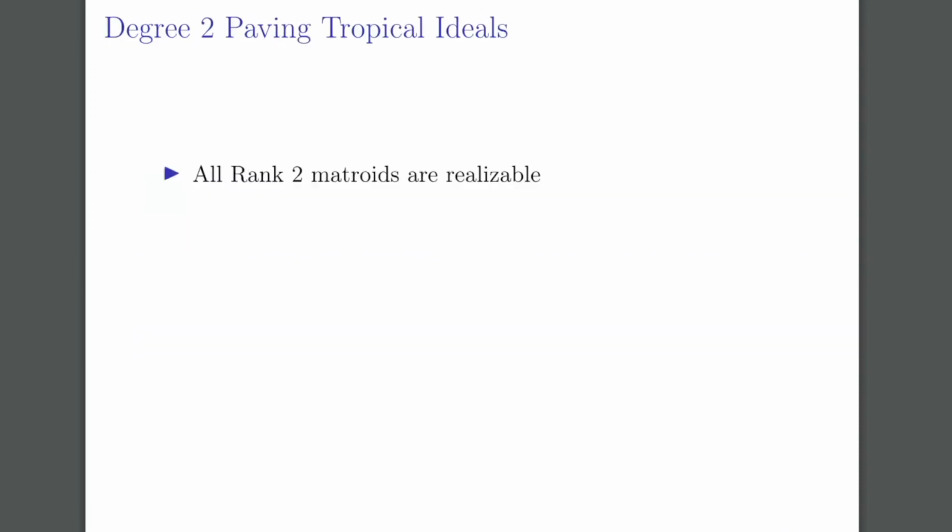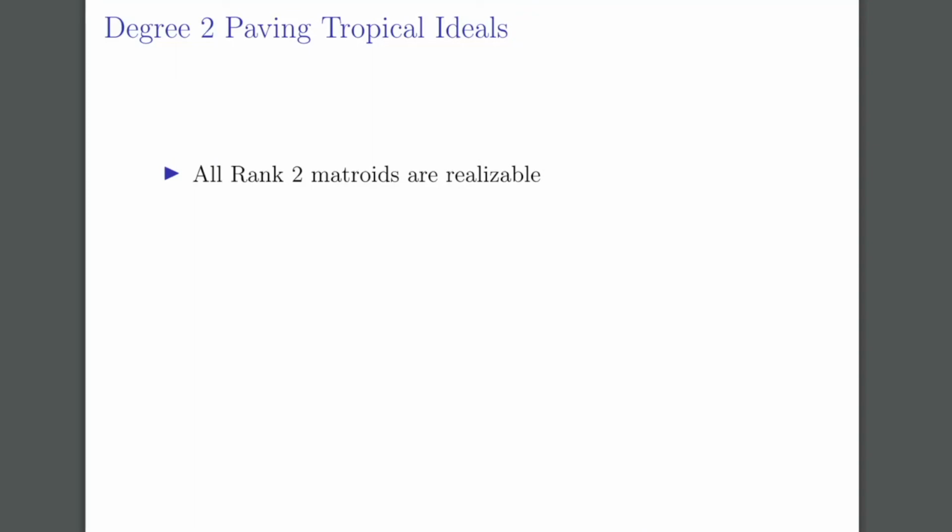Yeah, so I was going to say some things about another application we do, but basically paving tropical ideals are very nice because you can glue them together. And we use this: an open question was whether or not a degree 2 paving tropical ideal existed that was not representable. And the evidence against this is that rank 2 matroids are all realizable, and in one variable, all tropical ideals are realizable. But it turns out that we can sort of construct